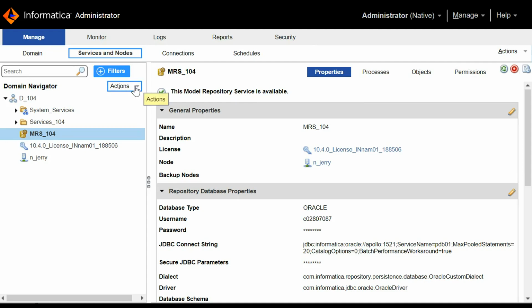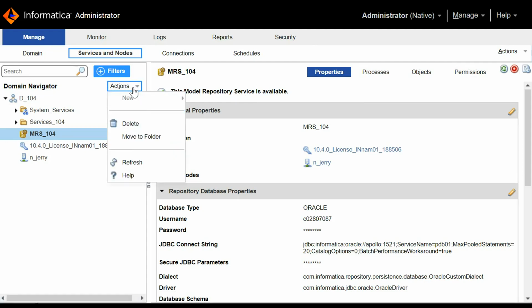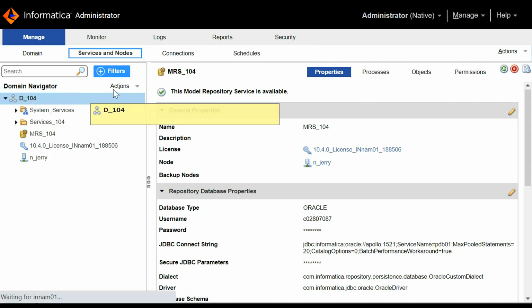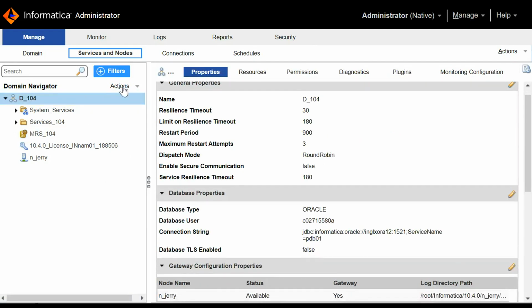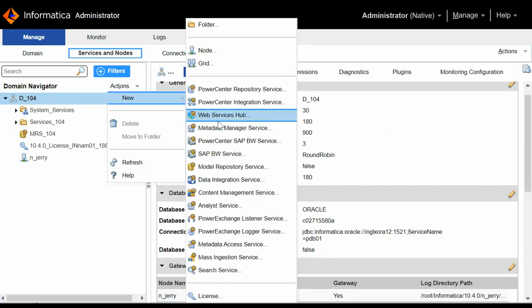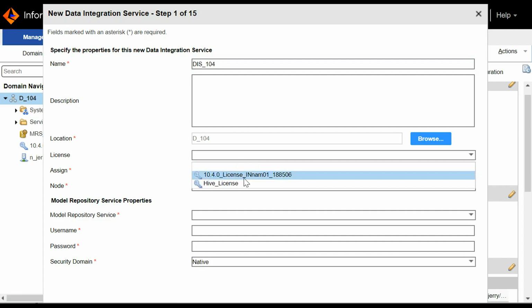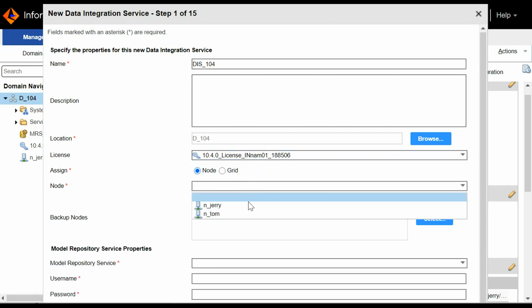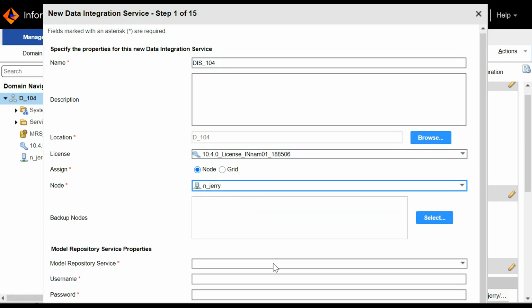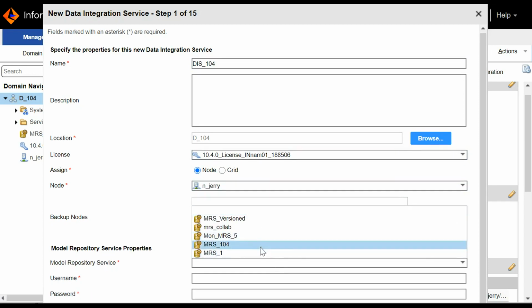We'll go ahead and create the data integration service. Select a license, the appropriate node, and here we'll associate the model repository service with this DIS.